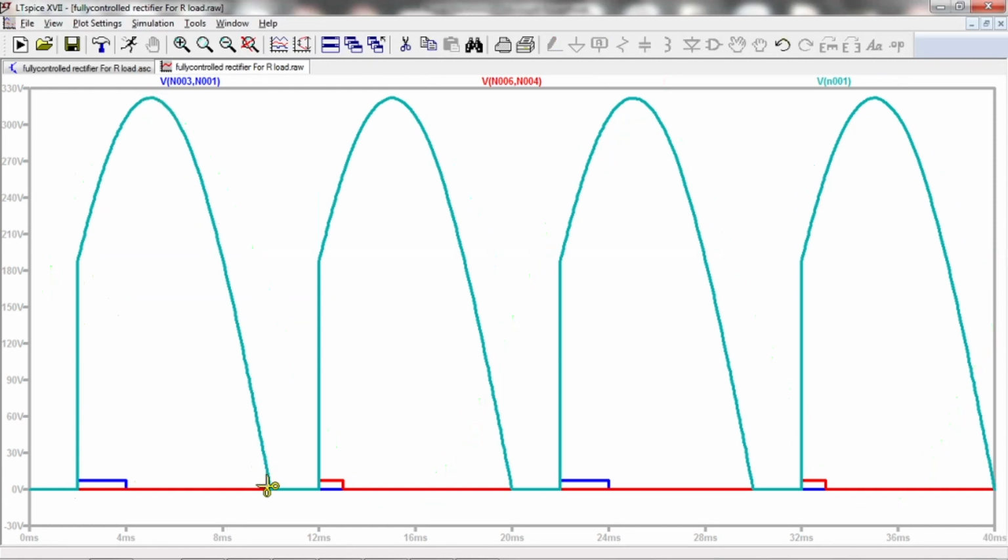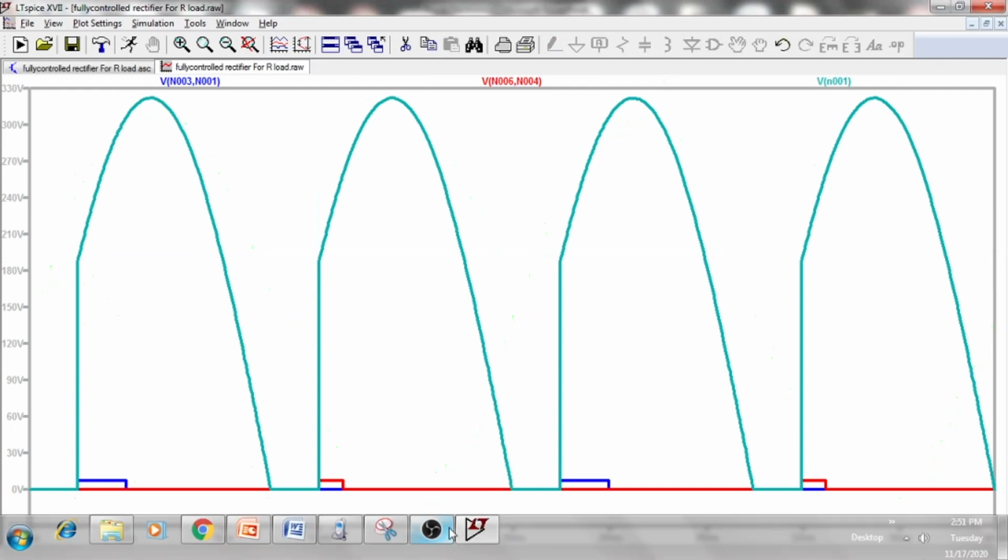Then in the next half cycle we are applying gate pulses to the other pair. This red square-like thing is the gate pulses. So that branch starts conducting, then the load voltage comes like this. Okay, if you want to check the load current,